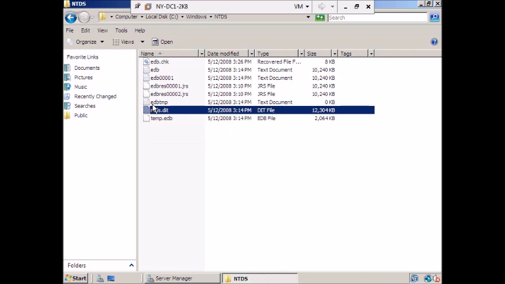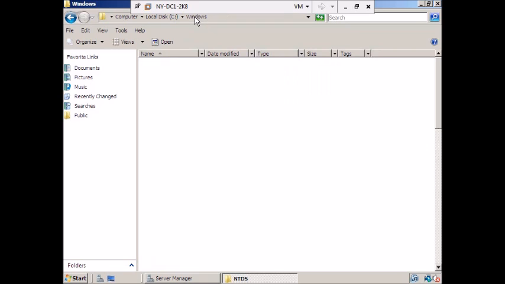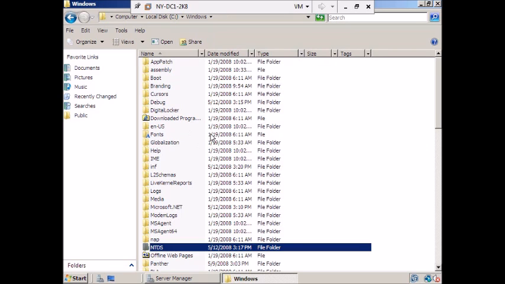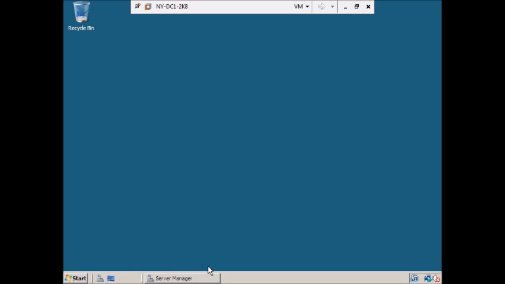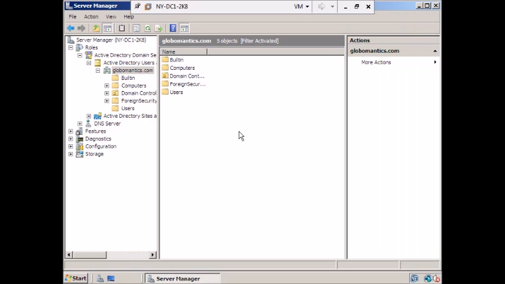Now we have several other files here. Some of them are log files and such, but this is the one you gotta have. Without this, bad things, man, bad things. Okay, so let's go back to the Windows folder here. I think that's pretty much all I wanted to show you initially. Let's close this out and go back to Server Manager. Everything is looking good. At this point in time, I think we are ready to make a